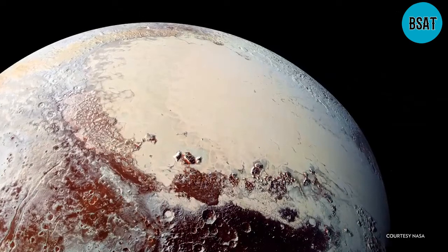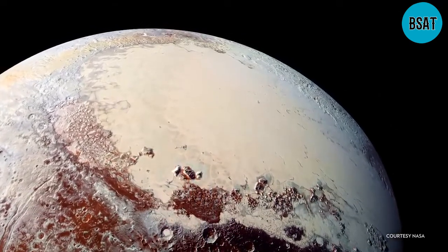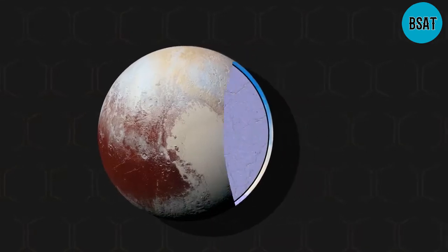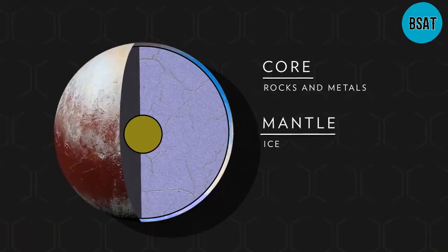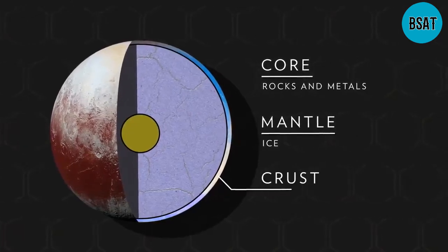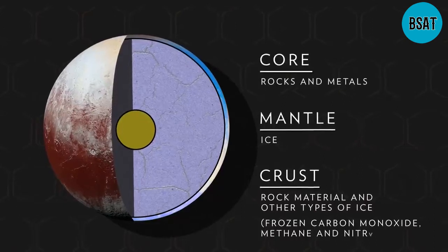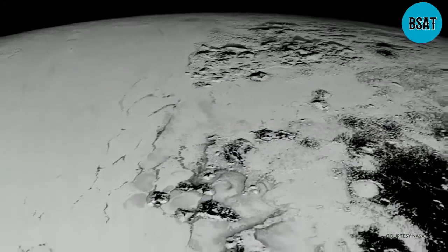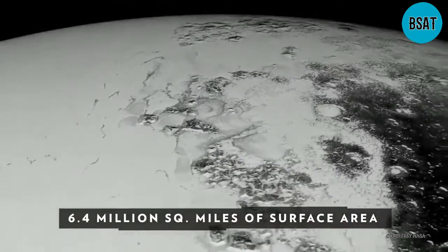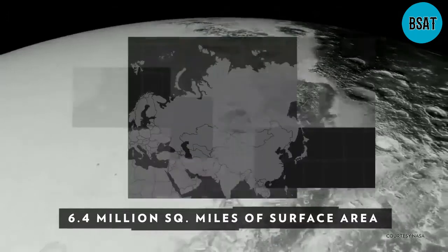The frigid temperatures play a crucial role in shaping the geological composition of Pluto. Its core, likely made of rock and metals, is encapsulated by a mantle made of ice. The dwarf planet's crust is made of rock material and other types of ice, such as frozen carbon monoxide, methane, and nitrogen. These frozen gases cover Pluto's approximately 6.4 million square miles of surface area, which is barely the size